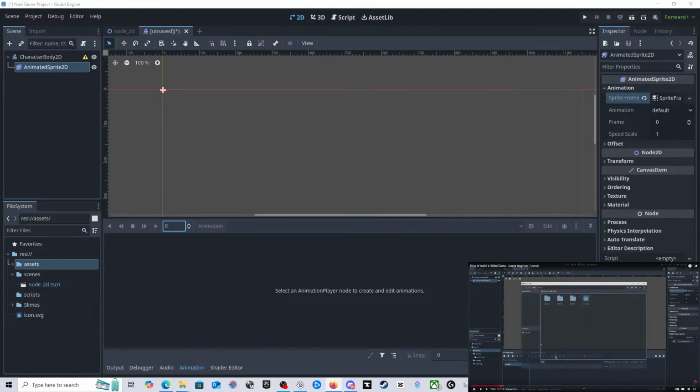Sprite sheet. So open a file. Can't open a file. It doesn't let me do anything.